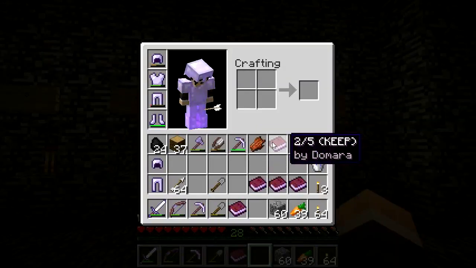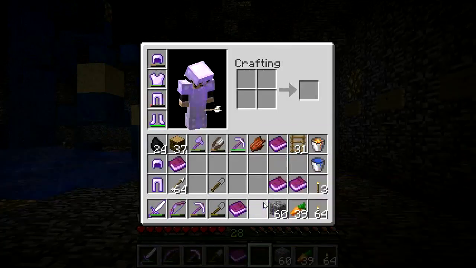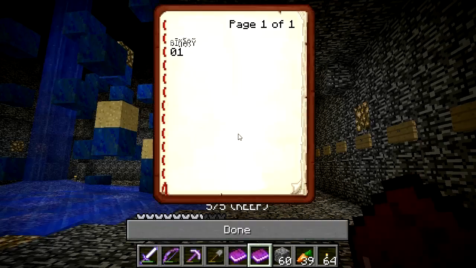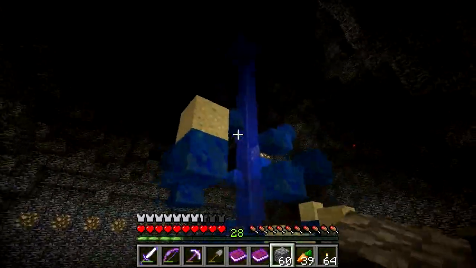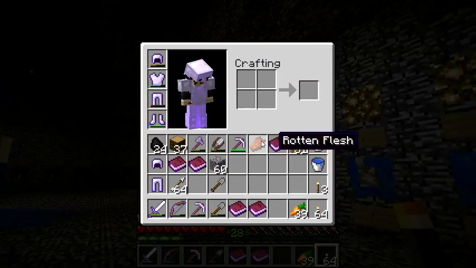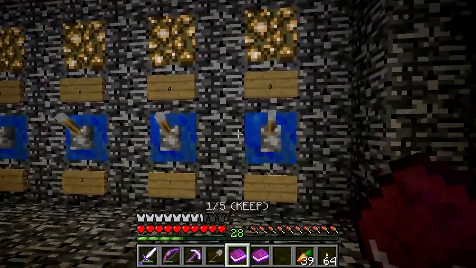do we have to make these numbers? Let me look at 3 out of 5. Centerpiece. 001. 10. And 01. Alright, so let me think here a little bit. Let's focus on the first one. We need to make binary